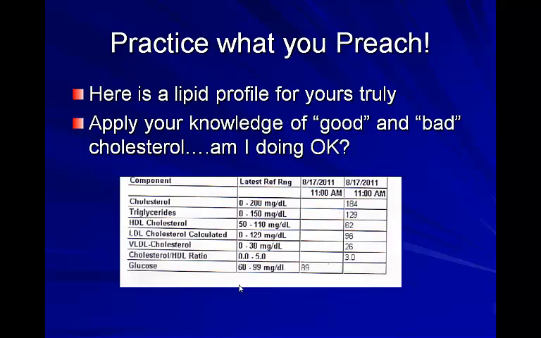Fun. But I think this is important. I just kind of cut and pasted out of my lab report. I thought, I'm going to show my students my results so they can see what it shows and what that means, so that when you go someday and get these results, now you can understand what you're looking at. You get an overall cholesterol number, which is 0 to 200 milligrams per deciliter. That's referring to how many milligrams of cholesterol you have in a deciliter of fluid in your body.